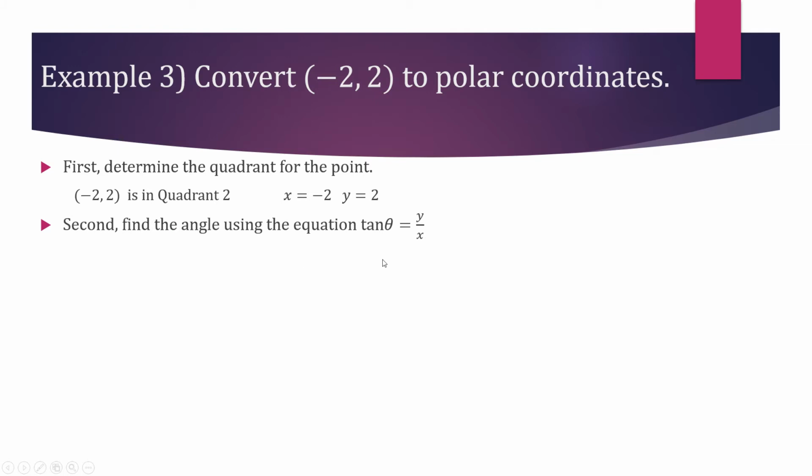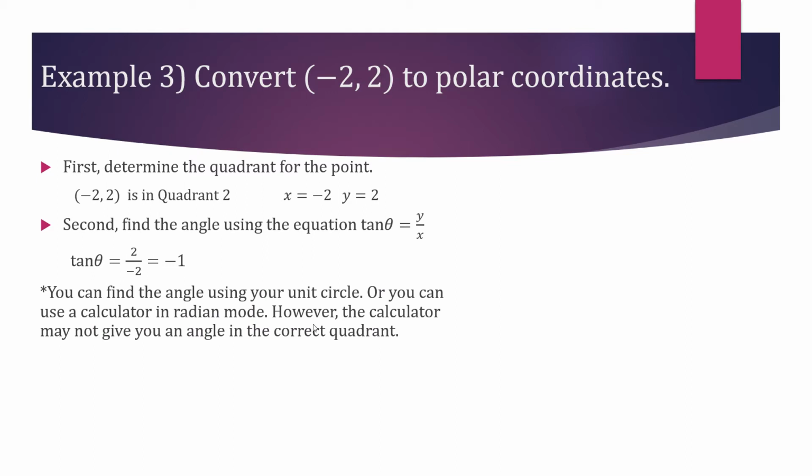Next, we're going to find our angle using the equation tangent theta equals y over x. So we have tangent theta equals y is 2 over x is -2. Well, 2 divided by -2 is -1. So tangent theta equals -1. Now, to actually find theta and not tangent of theta, you can either use your unit circle or you can use a calculator in radian mode. If you're using the unit circle, you just go look in quadrant 2 for the angle that has a tangent